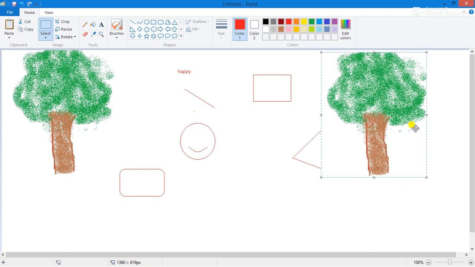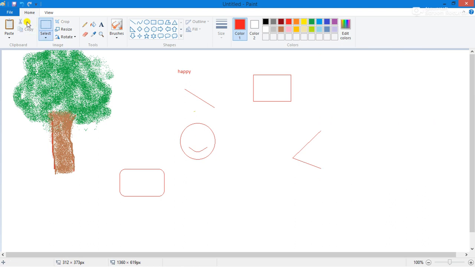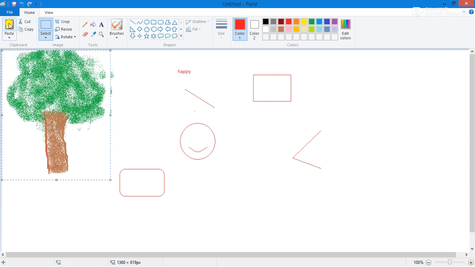And if you want to move that tree from that direction to another position, like I have placed it in the right position, but I don't want it here, so I select the picture first, then select this part which I want to move, then click on the cut option. You see my tree disappears, and it comes to the place where I pasted it.